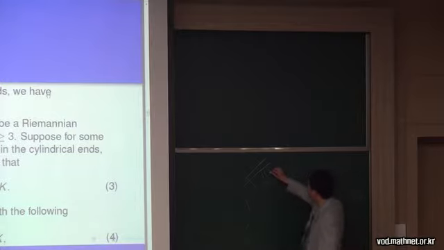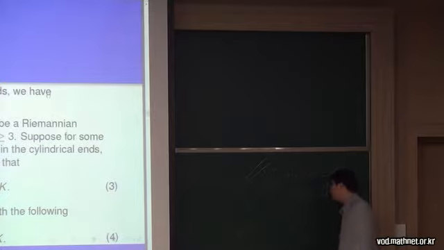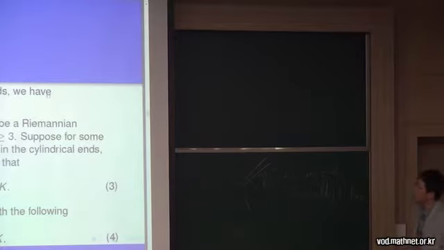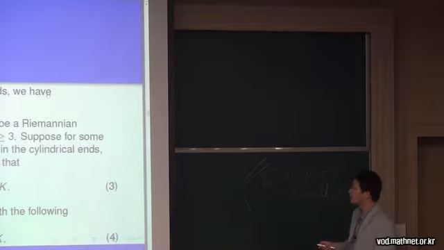It's isometric to the product of these two Riemannian manifolds. And suppose there is a compact subset such that outside the compact subset we have the lower bound of the